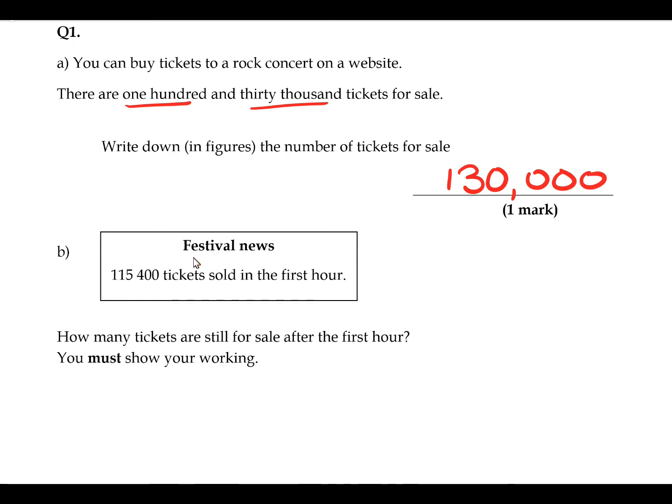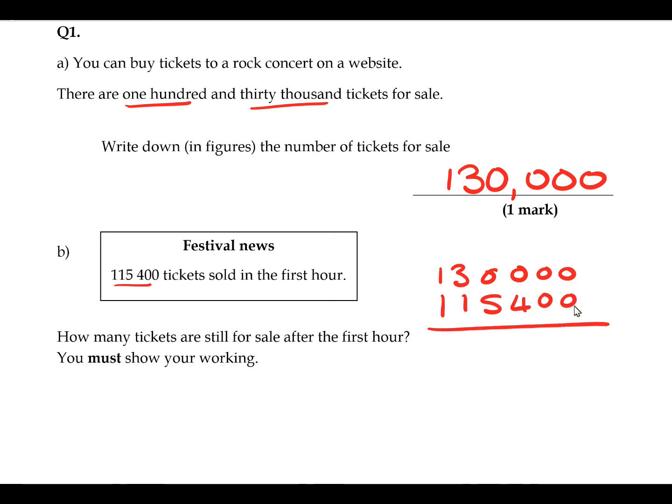Part B. Festival news. 115,400 tickets have been sold in the first hour. How many tickets are still for sale after the first hour? You must show your working out. So it wants us to subtract this number from our original number. So we had 130,000 and we've sold